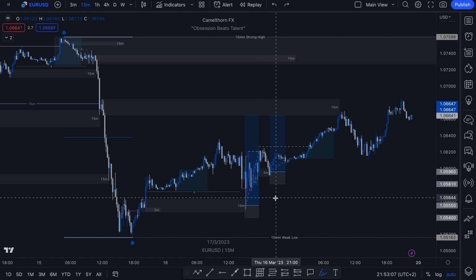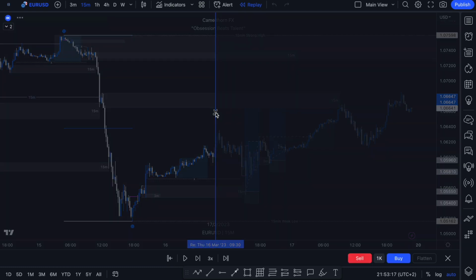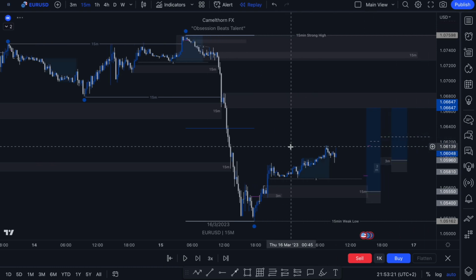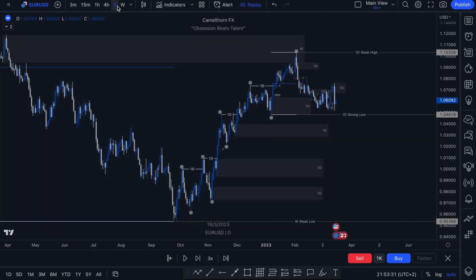All right. So what we're going to do is we're going to bring on that bar replay tool, and I'm going to bring price action back to the start of Thursday, the 16th of March. And we're going to be bringing price action back to around about the open of the London session. All right. And what I want to do is I'm going to drop all the way out to the daily time frame, and I just want to talk you guys through very quickly how I managed to spot this particular